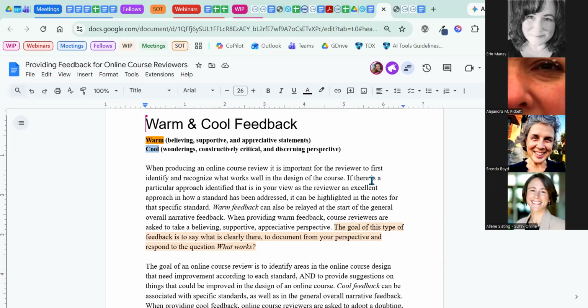So you have to be able to morph yourself and your words to that person, and to what's going to help them see and hear, and then potentially implement some of the suggestions you're making. It's a skill, and it gets developed over time. The more courses you review and the more feedback work you do with instructors, the better you will get at it.